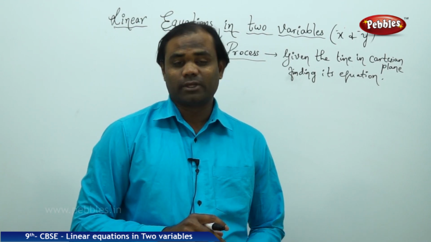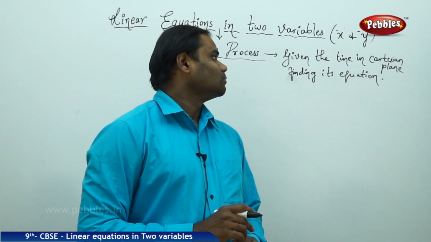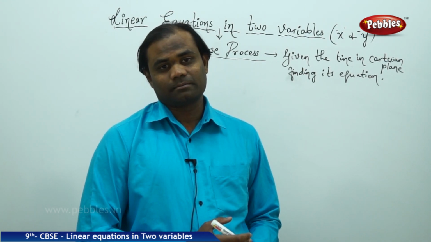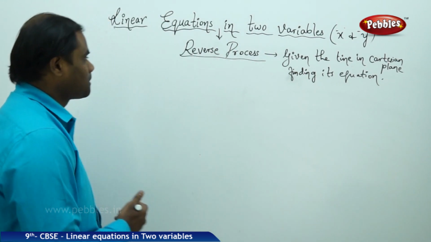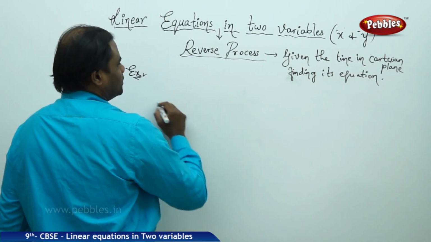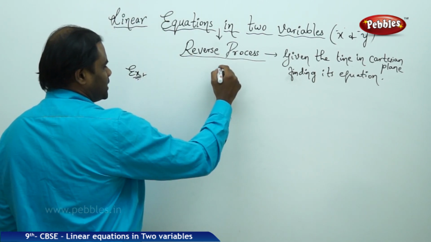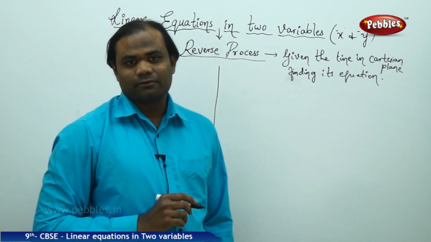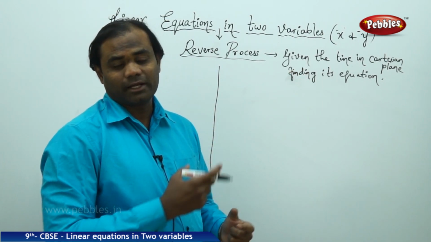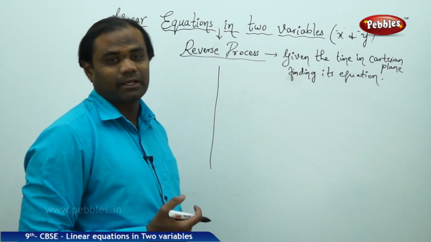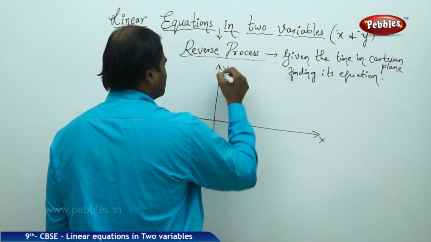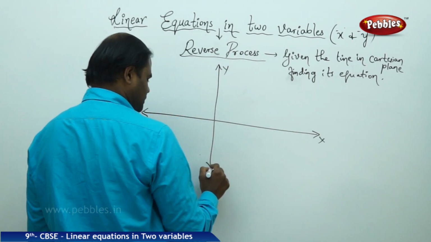So let's see how we can identify the equation of the line through its line in the Cartesian plane. Let's see how we can investigate. For example, I take the line which is in the Cartesian plane to investigate through its equation which needs to be identified through the plane and its line. So let me take the Cartesian plane x dash and y